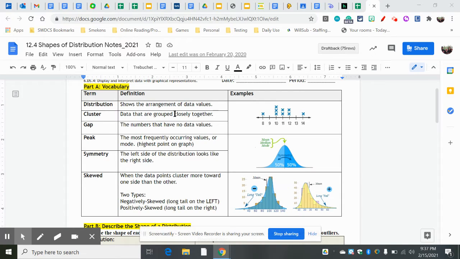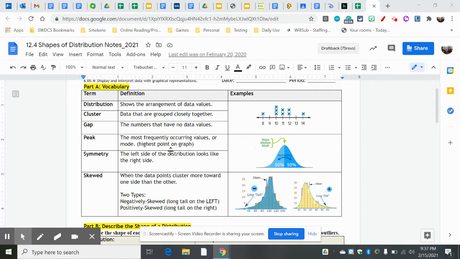Cluster is data that are grouped closely together. So my cluster on this example here would be 10, 11, and 12. They are clustered together, okay? Gaps would be numbers that have no data values. I have a gap in 9 and I have a gap at 13. I have to include those numbers on my line plot, but I don't have values for them,